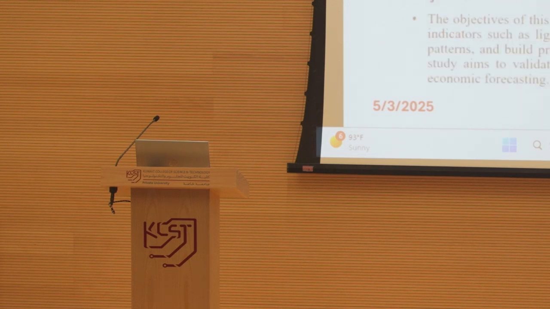Basically, in this slide, we will discuss the problem statement, research question, and objectives. Our key motivation is the lack of a real-time scalable framework to track urban and economic development. We ask, how can we utilize nighttime lights and IoT data to better model and monitor these patterns? Our objectives include developing an ML pipeline, engineering novel indicators like light density, using clustering to differentiate regions, and training regressors to forecast economic performance accurately. Now moving on to the next slide.